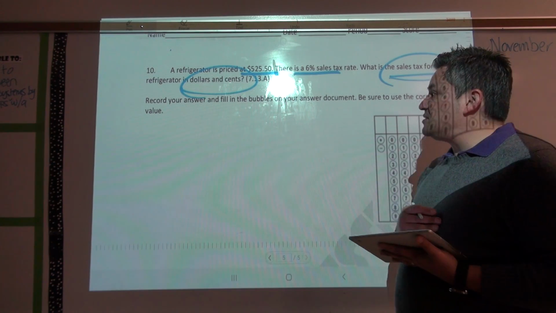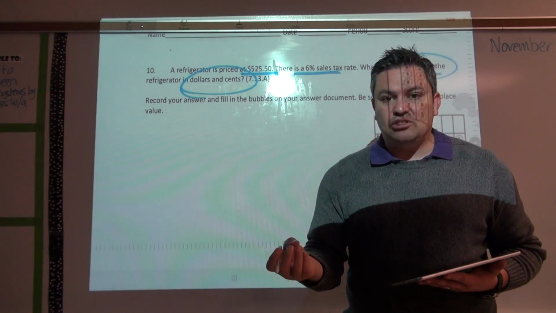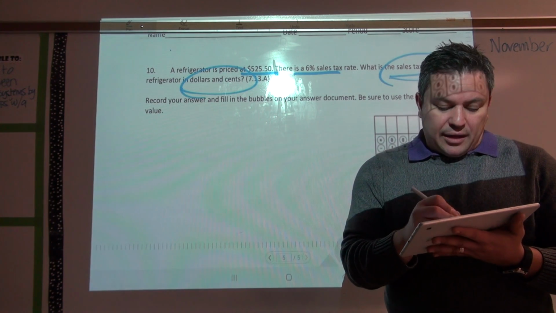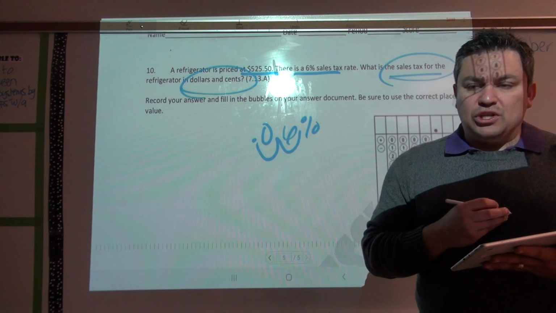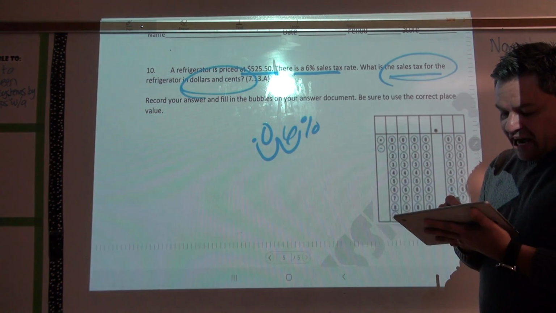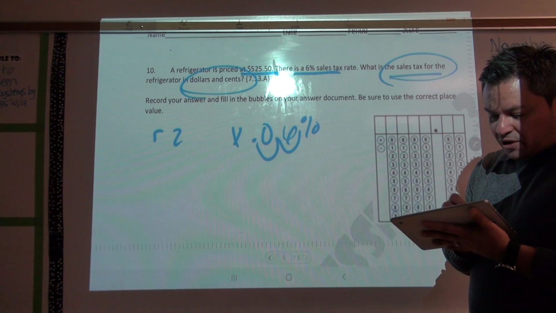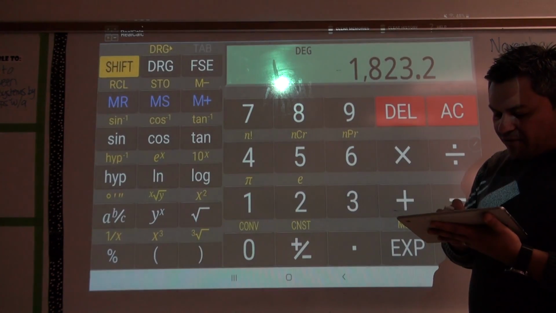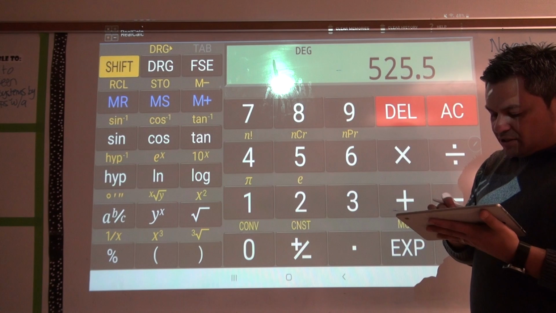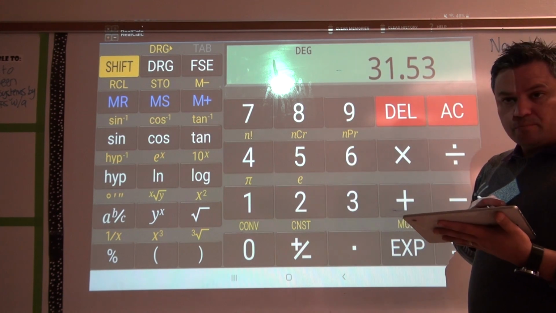To find the taxes, all we had to do was convert the percent to decimal, and multiply. So 6% is 0.06 times 525.50. When you multiply those two, 525.5 times 0.06, you get